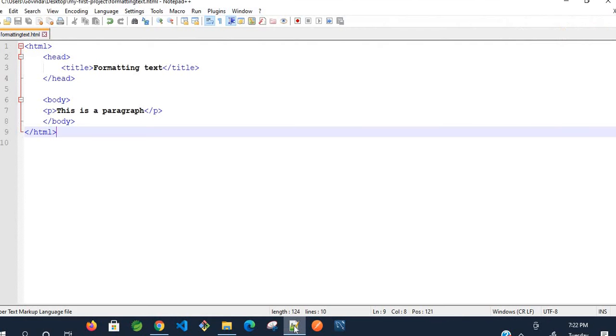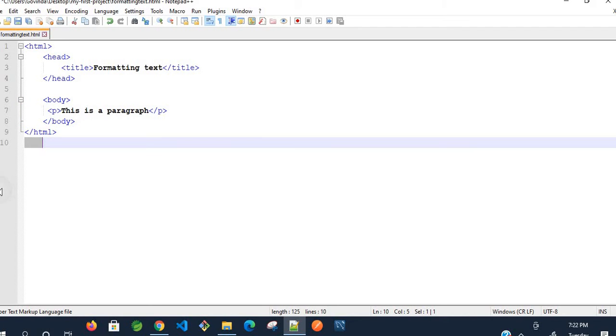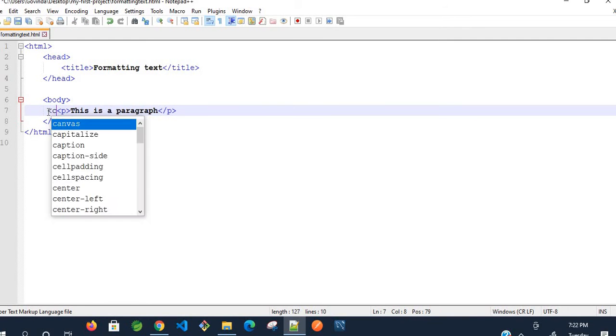Now go to the paragraph here and align it to center. Place the cursor over there, give a center tag.